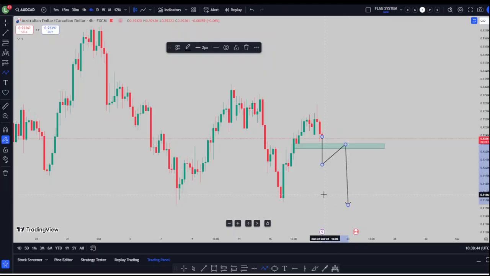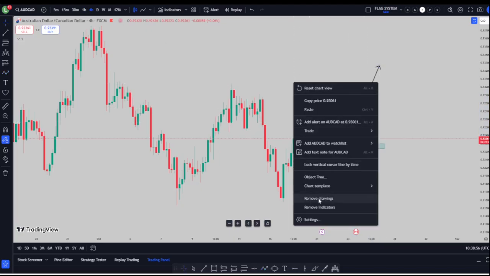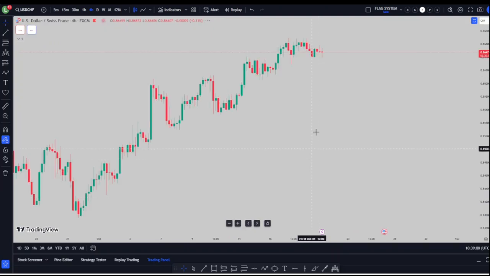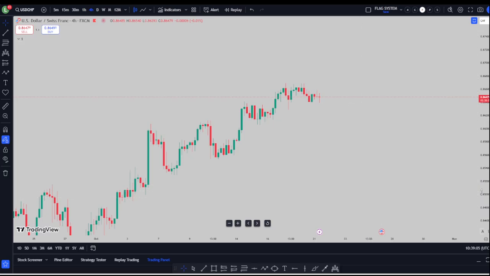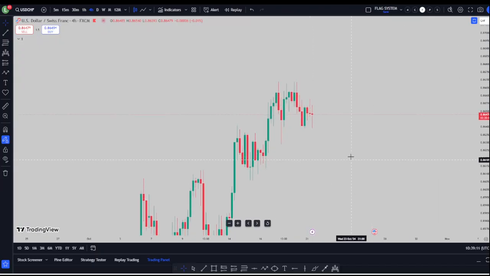We take sell opportunity. Or price can take out this resistance like this. Wait for price to break this resistance, wait for a retest, then we take buy opportunity on AUDCAD. Now the next pair on my watch list right now is USDCHF, US dollar against Swiss franc. Now looking at the structure on